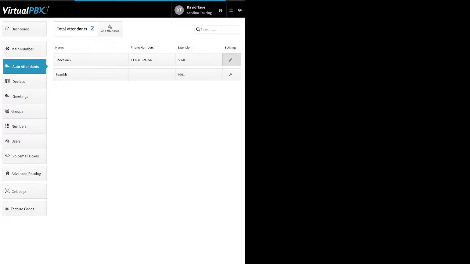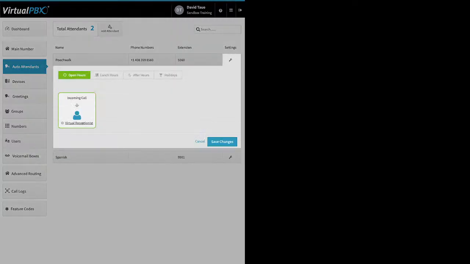That inbound caller will act as if they called the 408 number here. And if we click on the wrench icon under settings, on that transfer, they go to the virtual receptionist. Notice I have lunch hours, after hours, and holidays. These times, or dates in case of holidays, will match what we already set up under main number. So if you have a business that's open 7 days a week and another that's open 5 days a week,